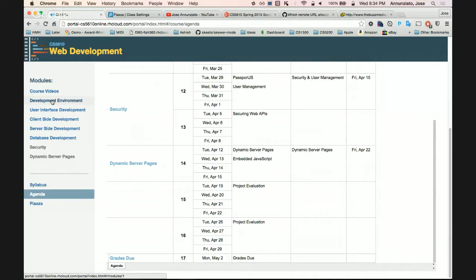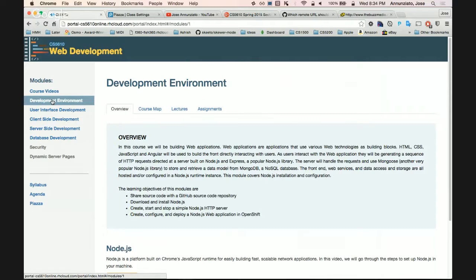All right. So let's talk about the first module. In the first module, first week, each module is 1 week long. And the goal of the development environment is for you, by the end of not this Friday, by the end of next Friday, to have a working development environment. And there's an assignment for this module, which asks you to put together a development environment.